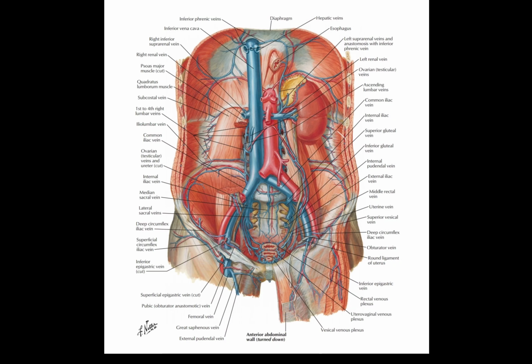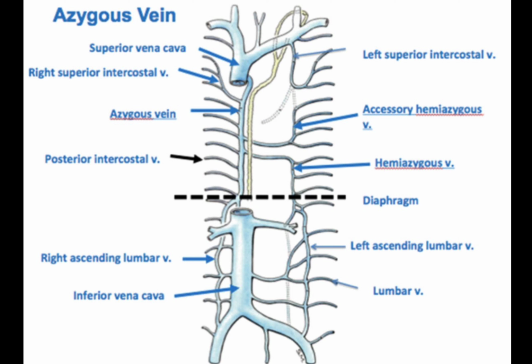Now we can talk about the azygous venous system. The azygous vein is formed by the union of the right ascending lumbar vein, right first and second lumbar veins, and subcostal vein. Then it pierces the diaphragm and ascends,